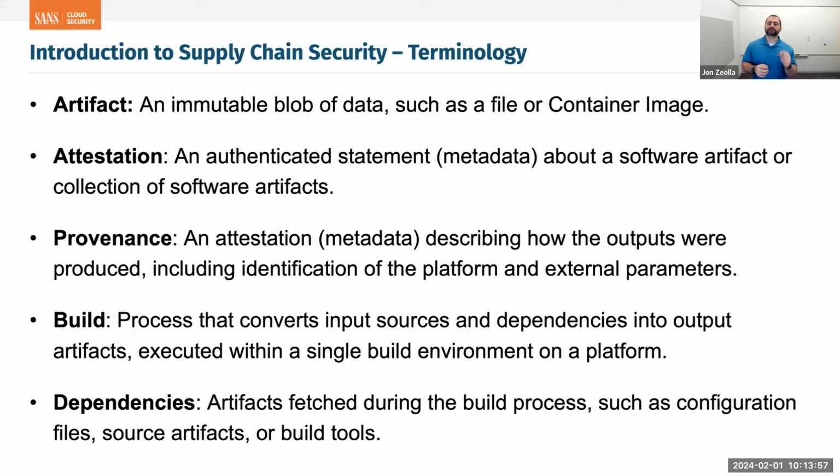Provenance is a specific type of attestation, right? Provenance is an attestation that is focused on what happened to make this. What environment was used? What did your CI/CD pipelines look like at the time of creating an artifact? What arguments were passed into the compiler? What steps were taken to create this? What did you do to initialize the environment? What commands did you use? And what version of your Git repository was it? What version of the scripts was it?